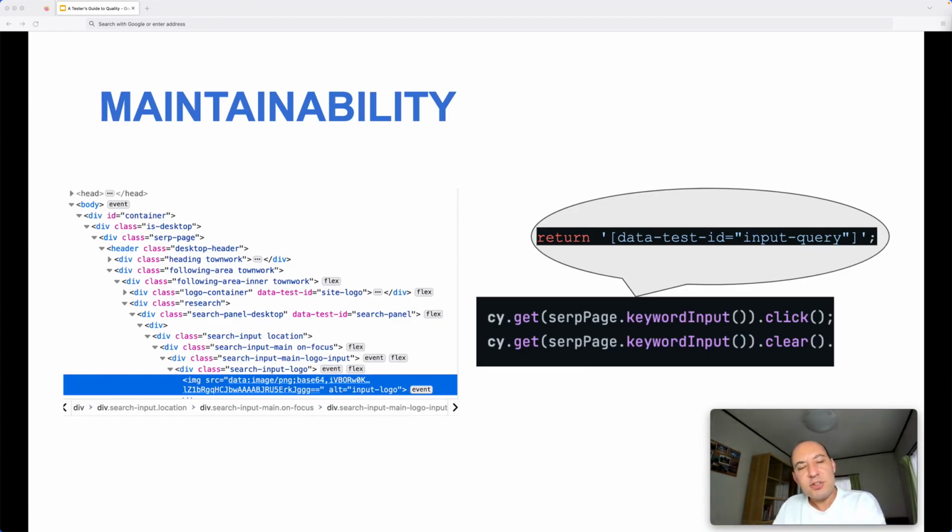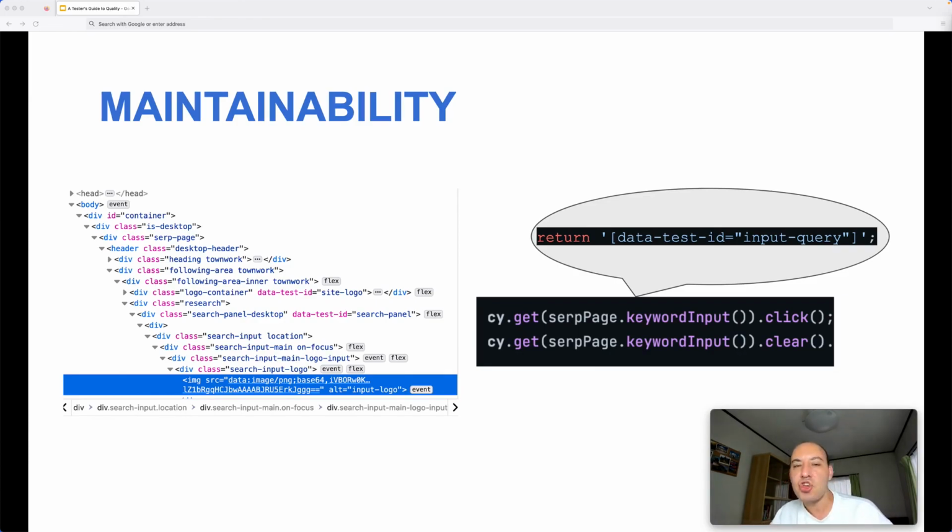And one initiative that we have done in our project to improve the maintainability is, rather than using the class names or the class paths, we added unique IDs to all the elements, and we made an agreement with the development team. Whenever they were implementing or introducing a new element to the pages, they were adding the unique IDs. So in this way, I was not using the class paths or the class names, but I was using this ID to locate the element.